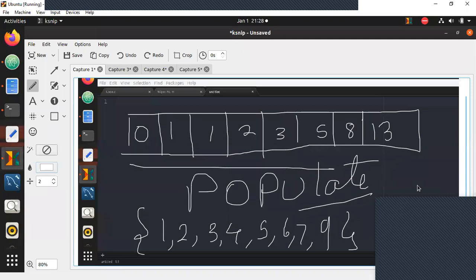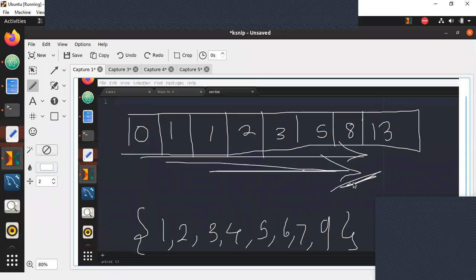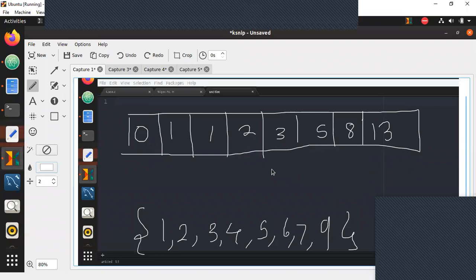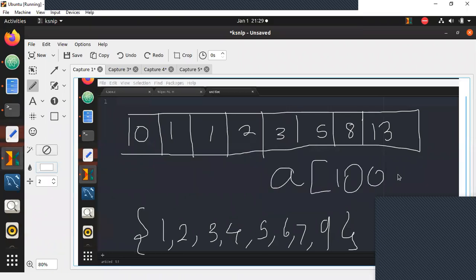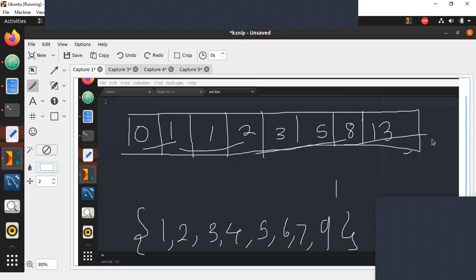Yes, you can create a dynamic array. Dynamically, you can allocate memory, but you will not know the size of this array until you create it. So, in short, you may need to create an array of 1,000 elements initially, or depending on the maximum value. If the maximum value is something like 100, you may need to create something like 100 by 2 at maximum. So 50 elements you can create or something like this, because you will not know exactly how many elements to create. If you dynamically allocate elements, you may have to extend the array later on. We don't need to do that manually. We don't need to do that.